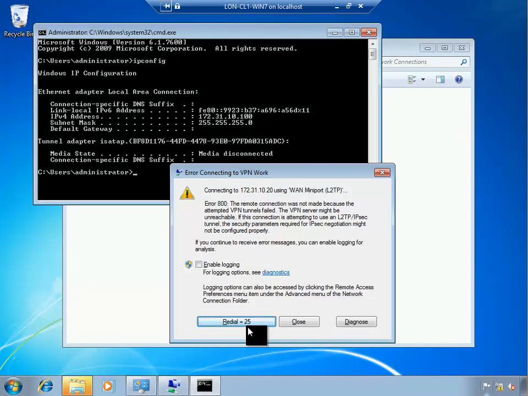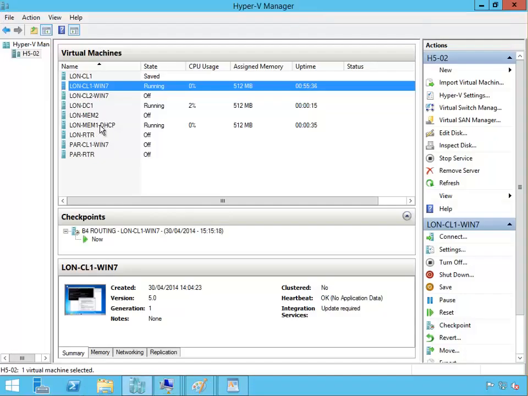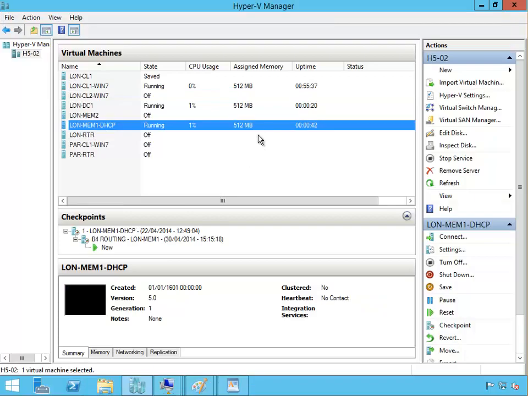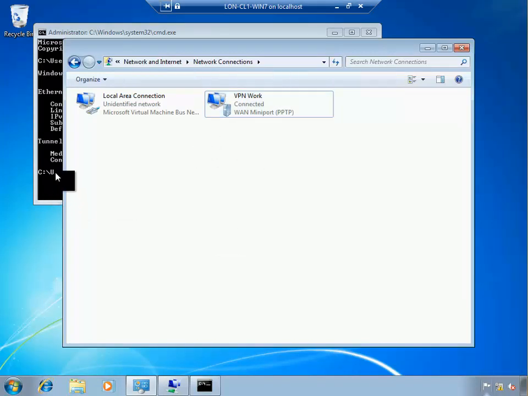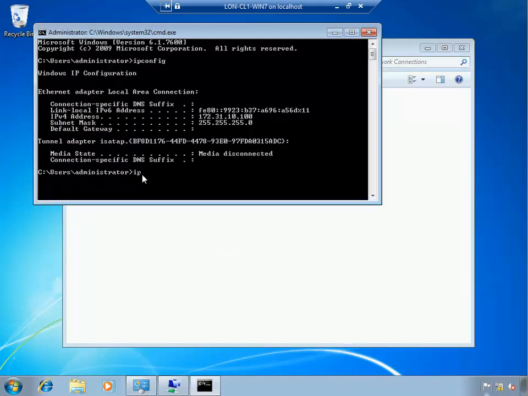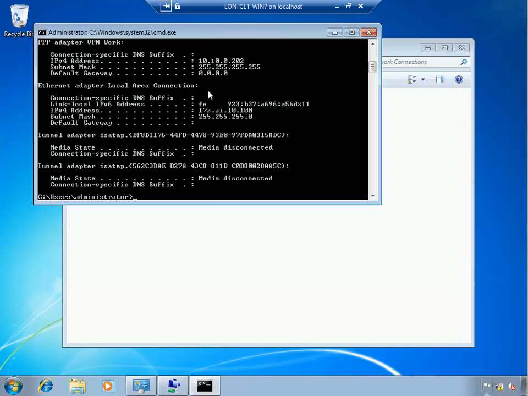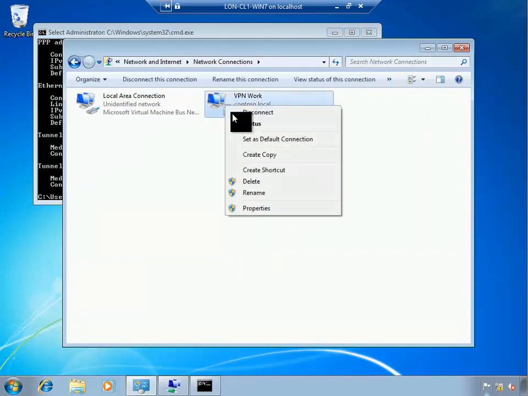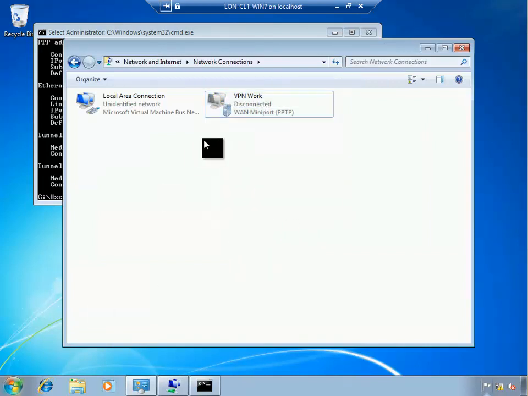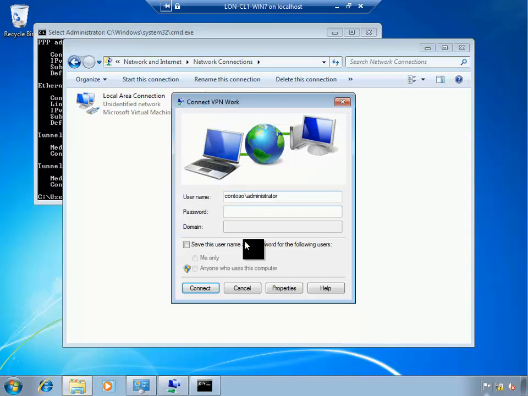Yep, we need to wait till this is all ready. I'm going to pause the video and come back when it's completed starting up. Okay, I'm back now. So if I go to ipconfig, I will see two IP addresses. One that I just got from my VPN server, and one that I've got from the physical IP address. Okay, so right click, disconnect from this server, and if I want to connect as another user,